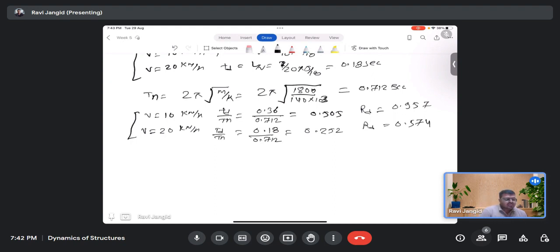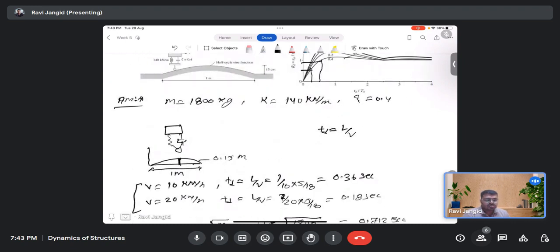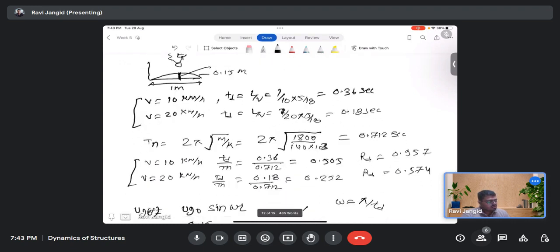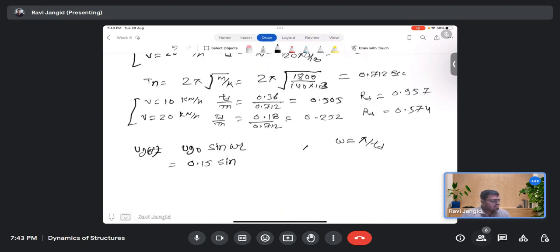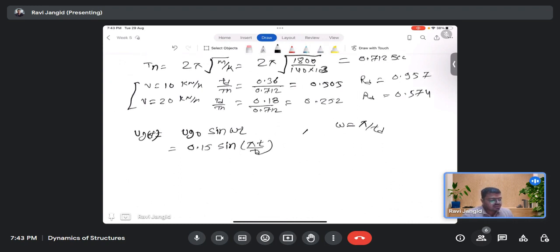So now using this Rd, we need to find out the maximum response of the vehicle. The vertical ground motion is given as Ug(t) = Ug naught sine omega t, where omega is pi by Td, and Ug naught is 0.15 meter, the ramp height. So Ug(t) = 0.15 sine pi t upon Td. So the solution of this,